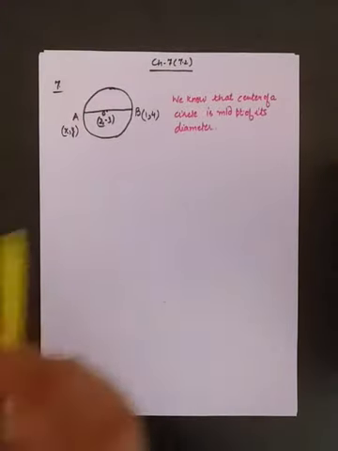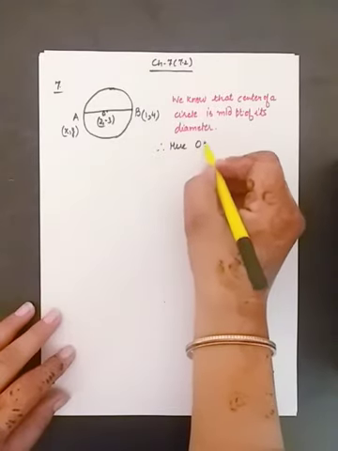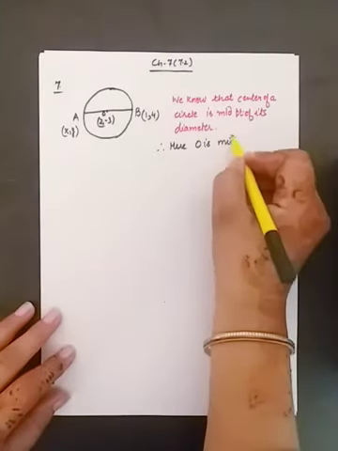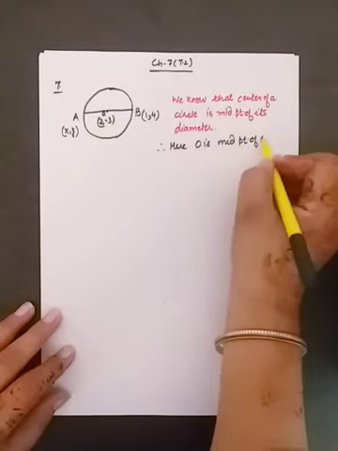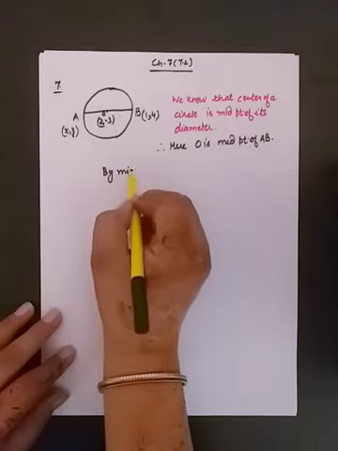So therefore, here O is the midpoint of AB. So by the midpoint formula